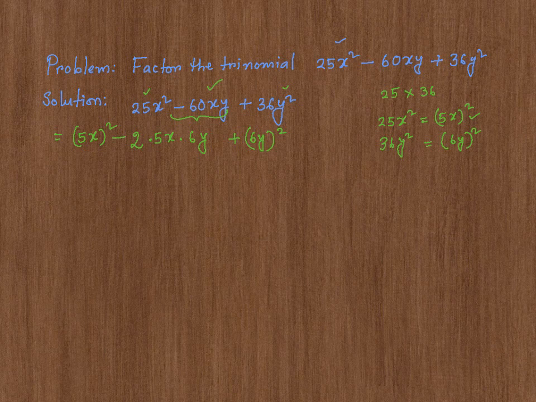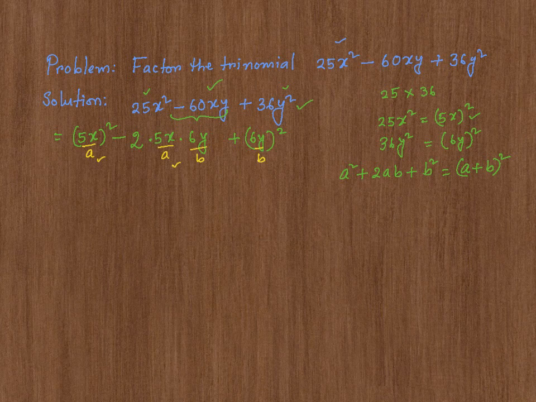By the way, this restructuring of the given trinomial actually fits this form: a squared plus 2ab plus b squared, which by the way is (a plus b) whole squared. This is a perfect square formula. In our context, a is 5x, this is a, and this is b, 6y. So we have a squared